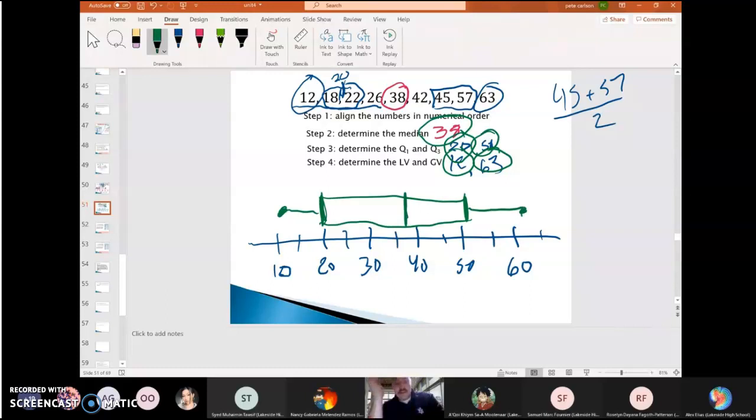Okay. So if I looked at this and said, what percentage of numbers were below 51? Well, below 51, 25%, 25%, 25%, 25%. So we would say 75% of our numbers in our set